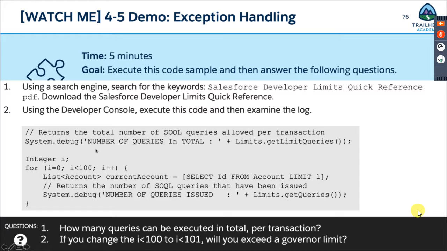Now, there is a Limits class that has two different methods: get limit something, and limits get something. Get limit queries, get queries, get limit rows, get limit DML, and a whole bunch of get limits or gets methods. Now, the get limit tells you